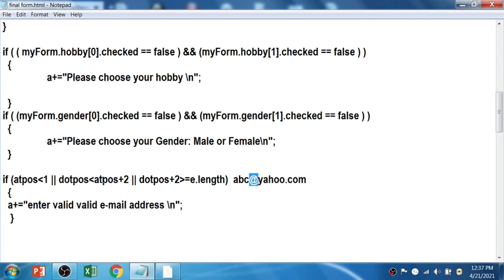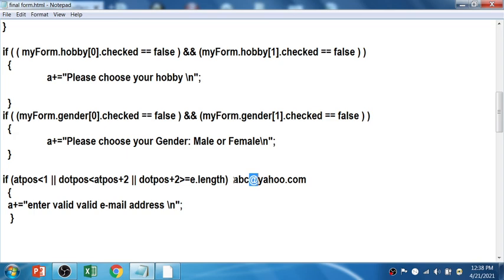So 3 is less than 5, no, it's false. So the second condition is also false. Dot position plus 2, so 3 plus 2 is 5. Then email length, the total length of the email address, is 13. So if it is greater than or equal to the email address length, if any one condition is true, the error message will be printed.